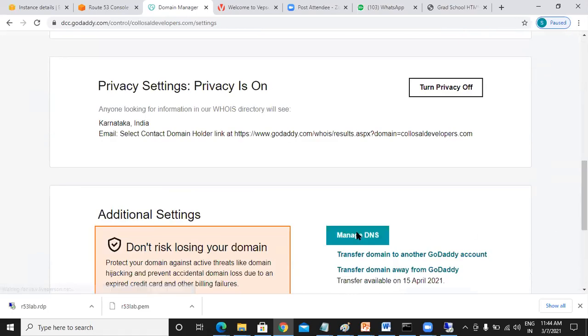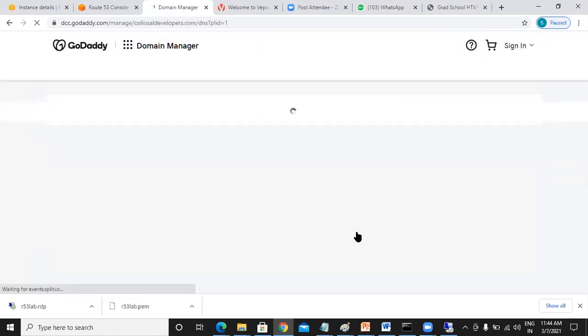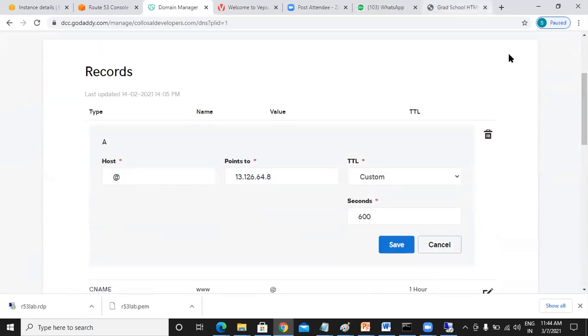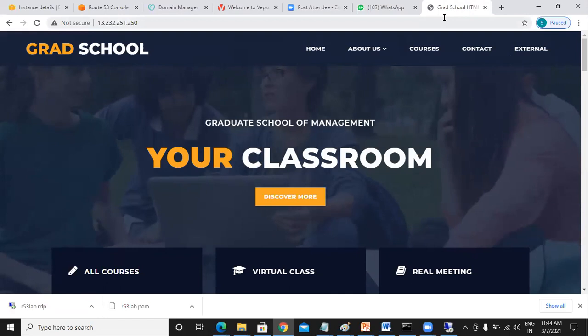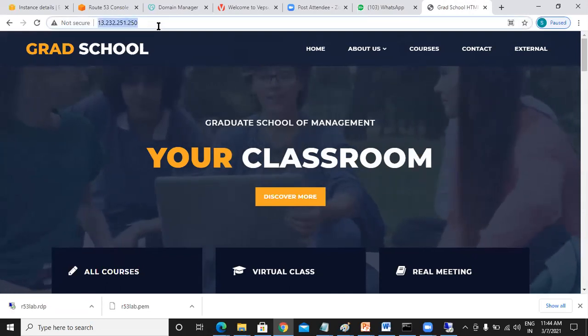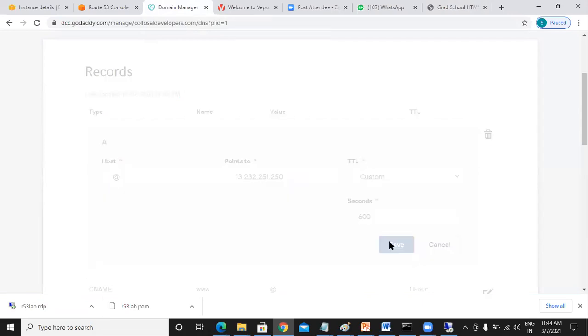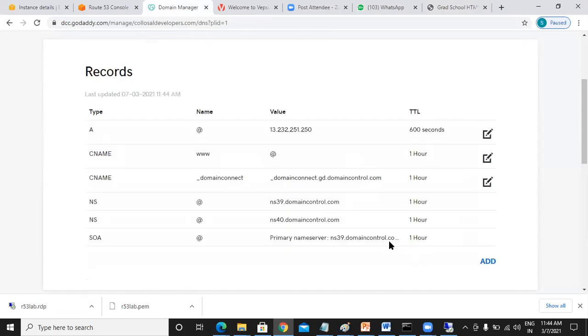So manage DNS, I can say edit, and I can put the IP address of that machine. So this machine IP is 13.222. So go here, remove the IP address, what it is pointed. So save and say save. That's it. You are ready to access.